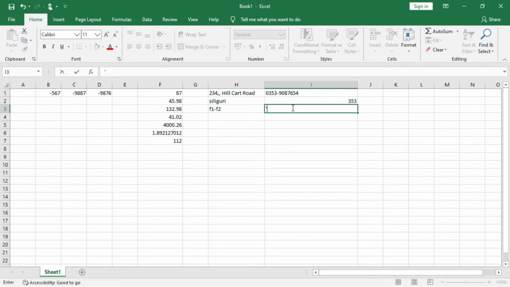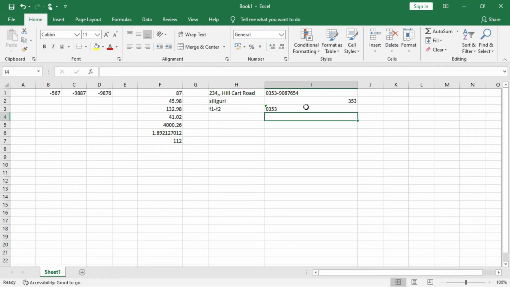So first of all, give an apostrophe, then type 0353. This is the easy way. So it will remain out here as text entry. You cannot use it anymore in the calculation. The data is now treated as text and displayed in the same format it has been. You see, like string data, it is also right aligned. That is the similarity. So formulas will treat the entry as a 0 and functions will ignore it. That is the thing. Clear?